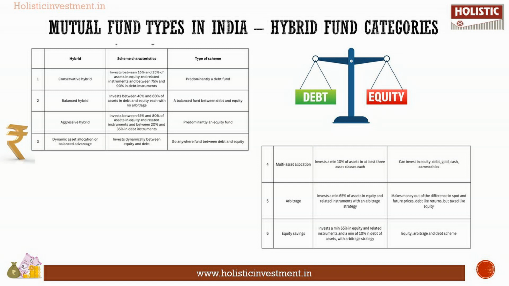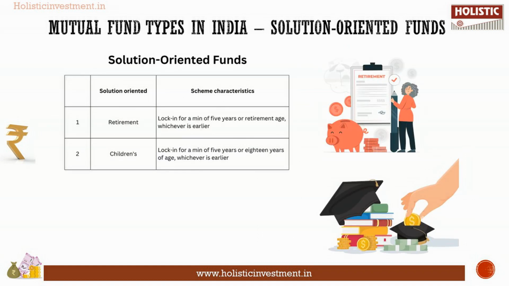Next, we are moving to solution-oriented categories. These are funds designed to provide personalized solutions, especially for planning retirement and saving for children's future. You cannot redeem your investment for 5 years unless you reach the retirement age or your child turns 18 before that time. Over time, the average returns in both categories have been similar to the overall stock market, but these funds